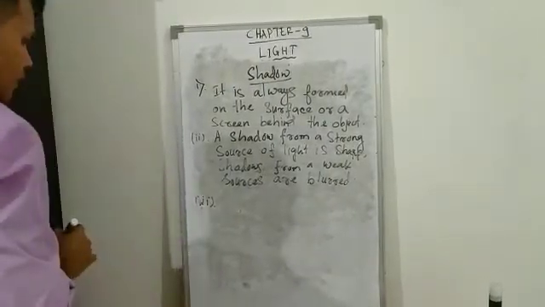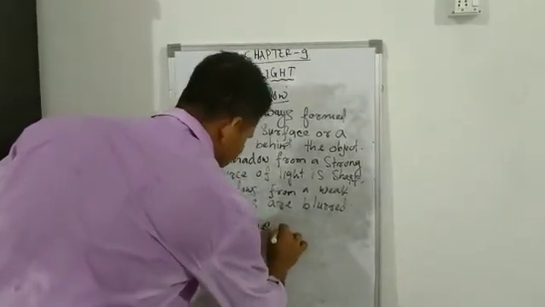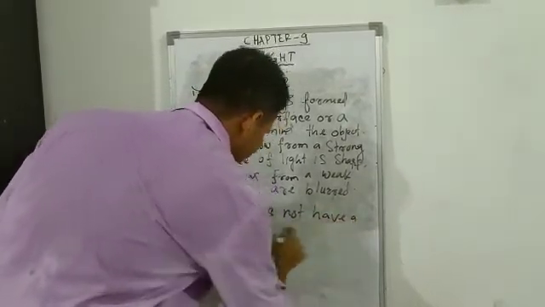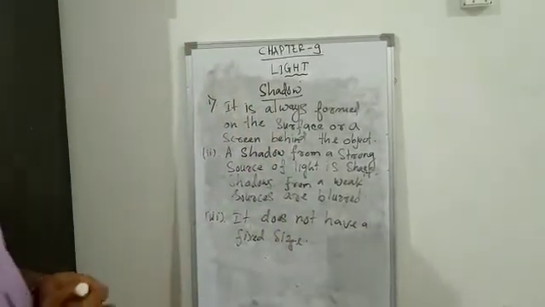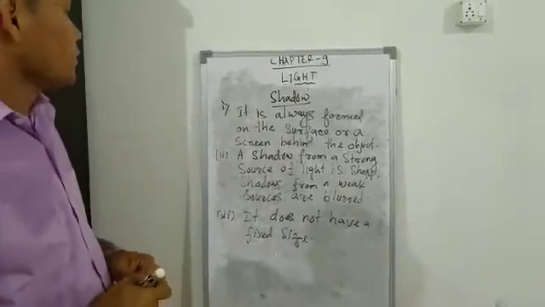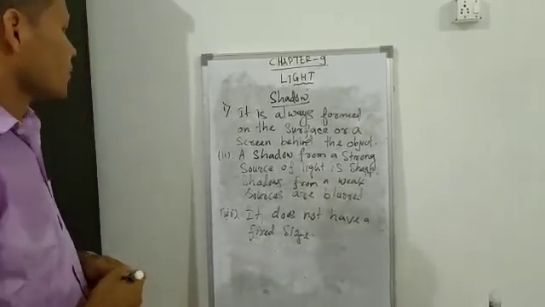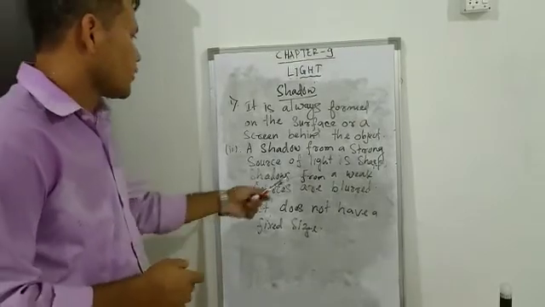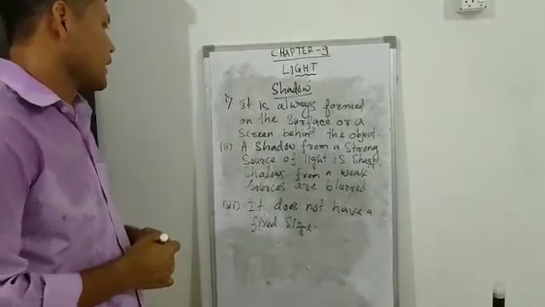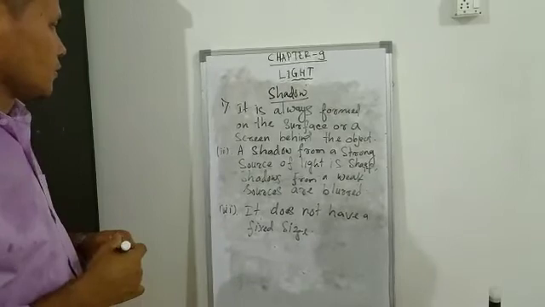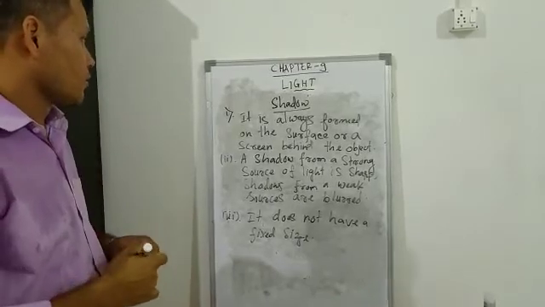it can be mentioned as it does not have a fixed size. So I repeat, it is always formed on the surface or a screen behind the object. Number two, a shadow from a strong source of light is sharp, whereas shadow from a weak source is blurred. And the last is it does not have a fixed size. So in the morning and evening the shadow is long, and in the midday the shadow is short. Okay,